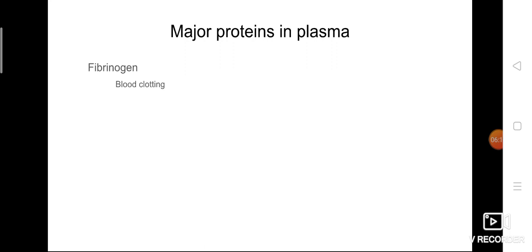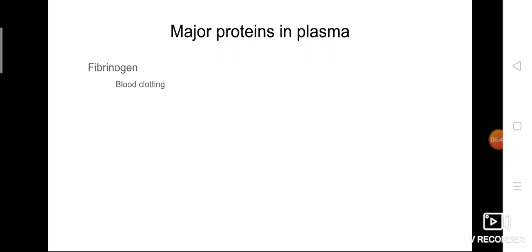That is because of the clotting mechanism. So the fibrinogens are responsible for the blood clotting. Not only fibrinogen, the platelets. One of the components of blood is platelets. Like plasma, WBC, RBC and platelets are also components. In plasma, fibrinogen is involved in the blood clotting mechanism. Not only fibrinogen, platelets are also doing the blood clotting mechanism.